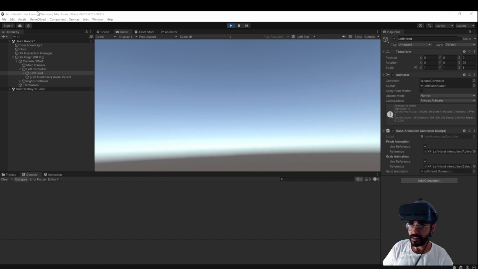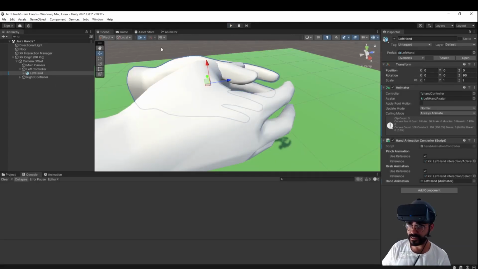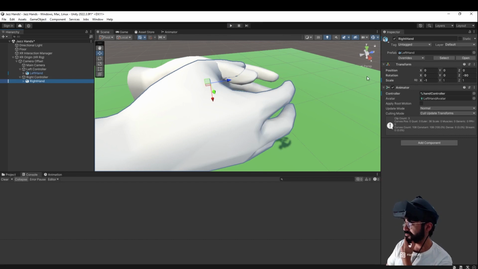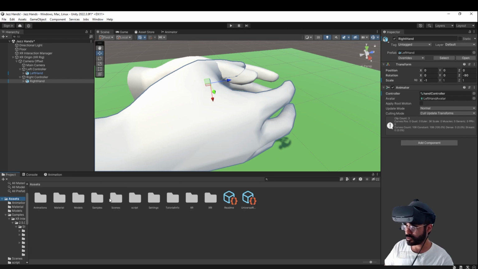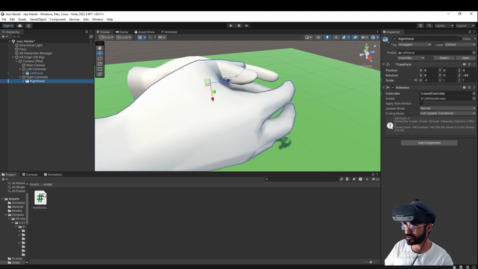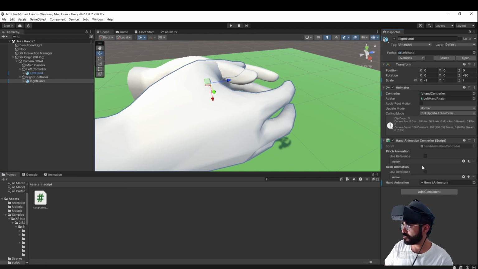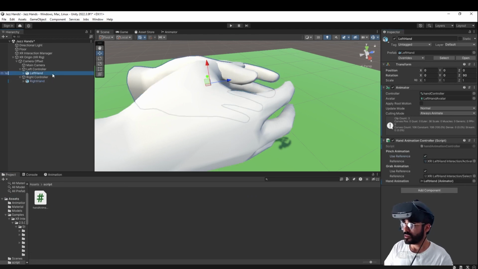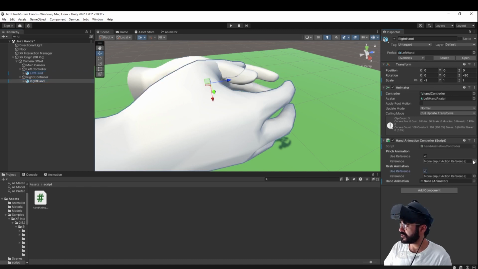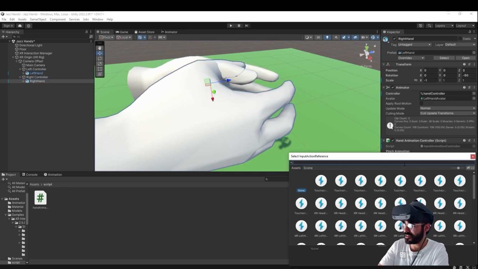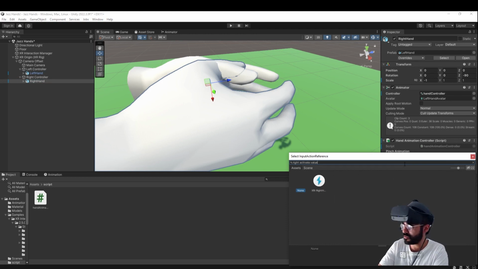Awesome. Now let's do it for our other hand, the right hand as well, before we run out of battery. The right hand got the hand controller animation as well, which is nice, but now we need to give it the script that we created, the hand animation controller script. It can be reused for both hands, so we're going to drag that one to the right hand, boom, and now it needs to have its input. Pinch was the activate value and grab was the select value, so we say use reference. Pinch is now going to be right activate value,